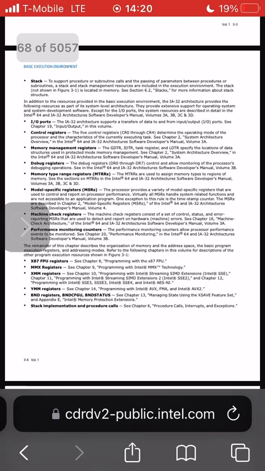Machine check registers. The machine check registers consist of a set of control, status, and error reporting MSRs that are used to detect and report on hardware machine errors. See Chapter 16, Machine Check Architecture, of the Intel 64 and IA-32 Architectures Software Developer's Manual, Volume 3A. Performance monitoring counters. The performance monitoring counters allow processor performance events to be monitored. See Chapter 20, Performance Monitoring, in the Intel 64 and IA-32 Architectures Software Developer's Manual, Volume 3B. The remainder of this chapter describes the organization